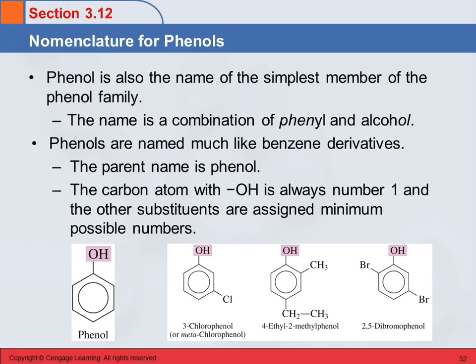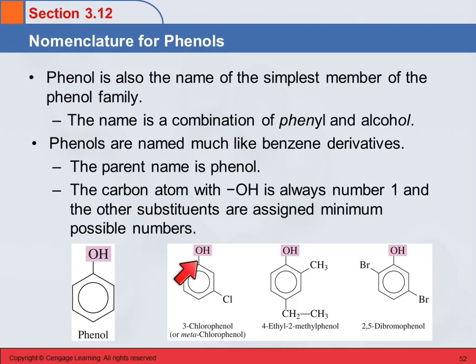They're phenyl alcohols. And the naming of them is much like naming the benzene derivatives, like toluene with the CH3 group. It's got that special name, and then you name the other things that are attached to it. So here we have a phenol with a chlorine on it. So this is going to be chlorophenol. The hydroxyl carbon, the carbon with the hydroxyl group, is always going to be number 1, and so we don't have to write that 1. We're going to count 1, 2, 3. So this is going to be 3-chlorophenol, or we could call it meta-chlorophenol